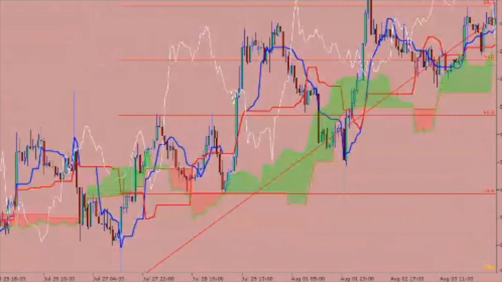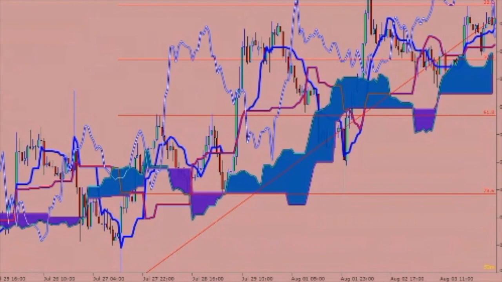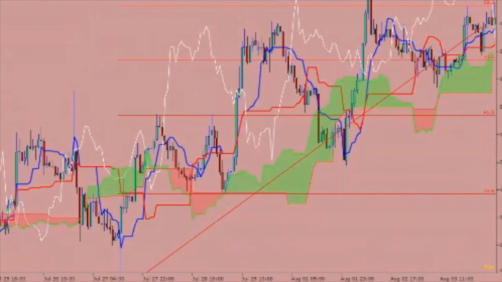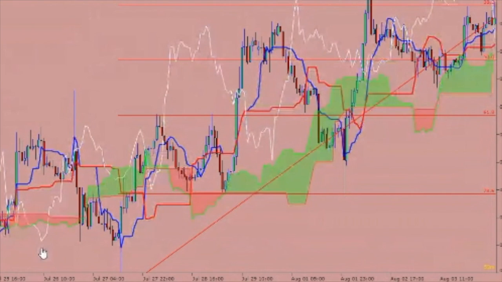Now, if it breaks through the cloud, for instance, right here, once it breaks through the cloud, you're going to get that downward movement. And this downward movement happened to just be a nice 30, 40 pip profit. Now, once we got to the bottom, we can see right here, our blue line did in fact cross over our red line. We would have bought here. You can see here again, the red line crosses above the blue line. We would have sold. Once it crossed again, we would have gotten out of the sell. So this is an indicator that you need to use another form of